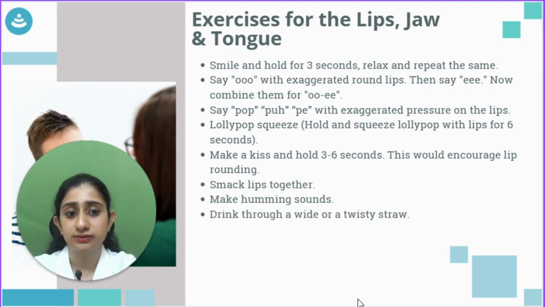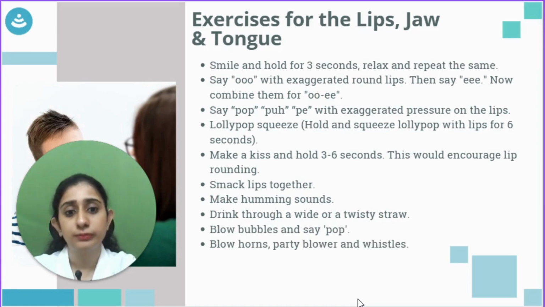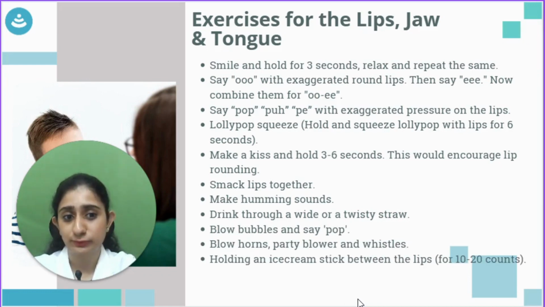Drink through a wide or a twisty straw, blow bubbles and say pop while popping the bubbles, blow horns, party blowers and whistles, hold an ice cream stick between the lips for 10 to 20 counts, chew on a chewy tube on the molars or the back teeth,